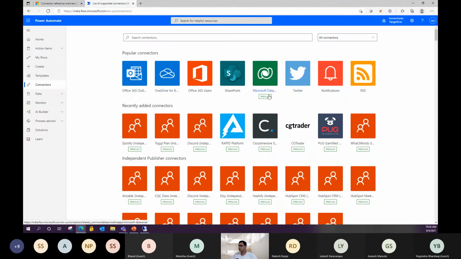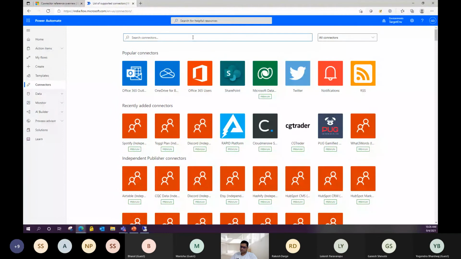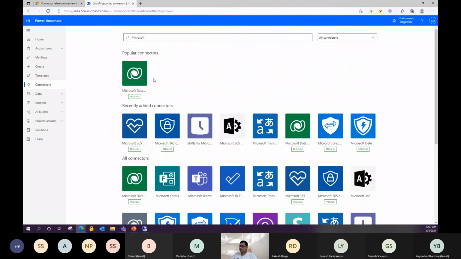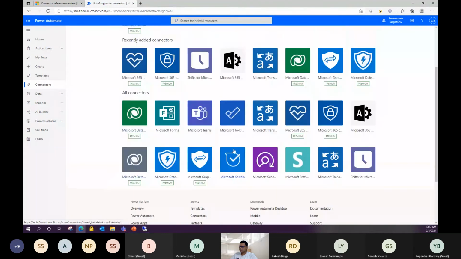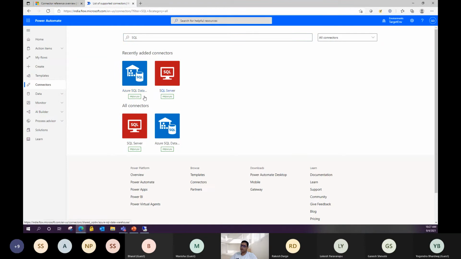There is also a facility to search the connectors from the top. On the same front, if you want to connect to SQL, the SQL connector is available here, and it is one of the premium connectors.